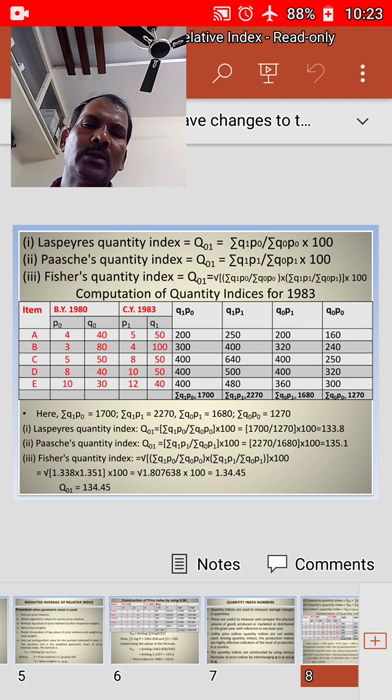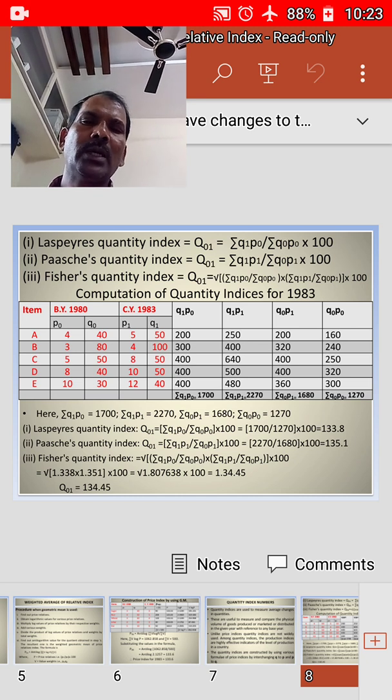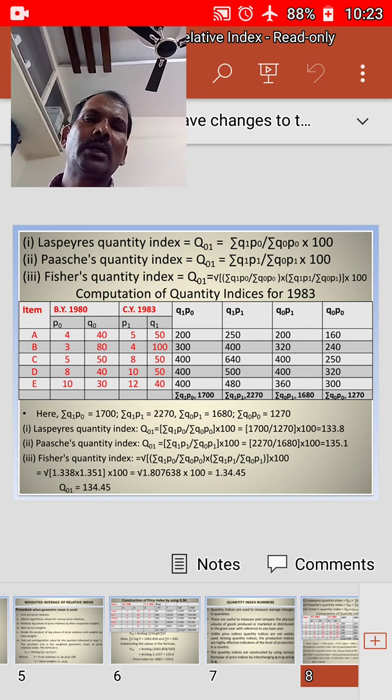If you divide 2270 by 1680, you will get 1.351. If you multiply the same 1.351 by 100, you will get 135.5. This is called Paasche's quantity index. Okay, then we see Fisher's quantity index, that is under root sigma q1 p0 by sigma q0 p0 into